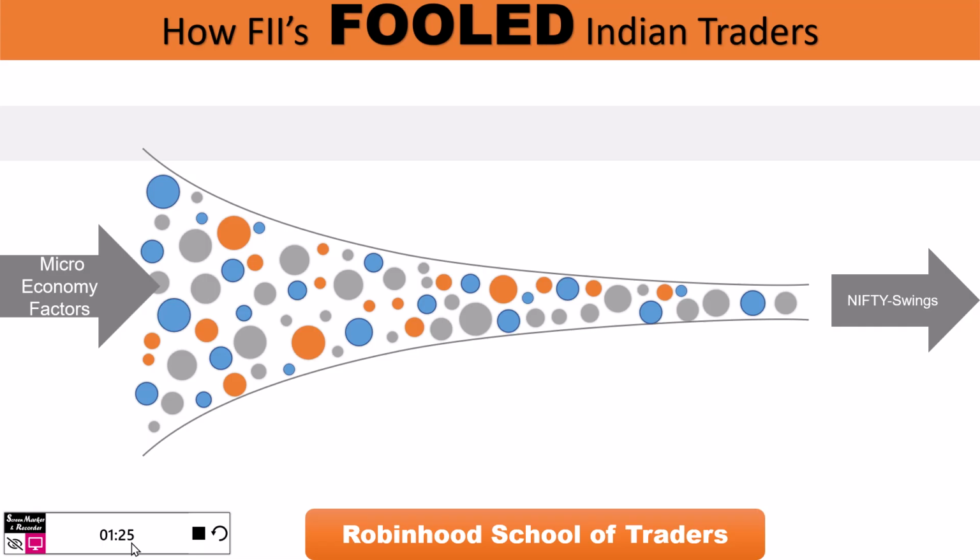This video will help us in the long term to find out how we are not being fooled. So many times this happens in the Indian market. They call it a bear phase. But guys, with data I will prove it. FIs have really fooled us and they are making money. Yes, you heard it right. They are making folds of money.